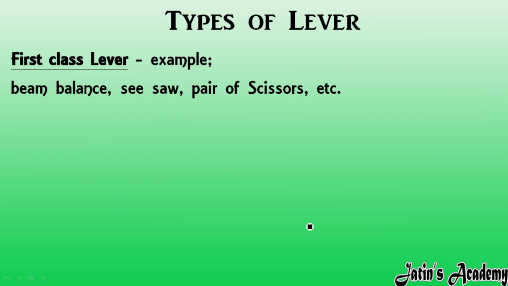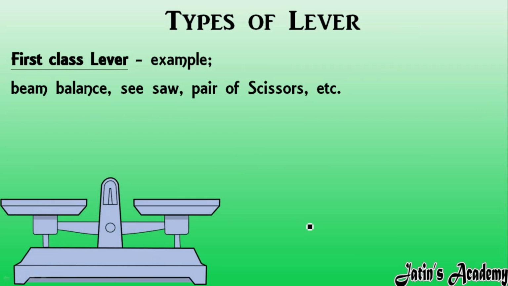Fine. Next, we are having examples related to the first class lever. For example, first we are having beam balance. So in a case of beam balance, this is a kind of beam balance. Here we are having a fixed point. Around fixed point, these two weights are going to move. This fixed point is known as fulcrum. Fine. And normally at the left side, we are using the weights. Here we are using the weight, means weight is nothing but an effort applied. Whatever weights we are using, standard weight that we are keeping in the left hand side, so here will be effort, and here we are calculating the load, means whatsoever material we have to calculate, we are keeping it here. So here we are having a load.